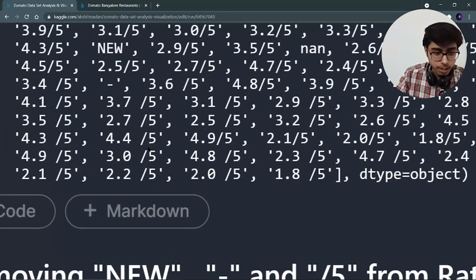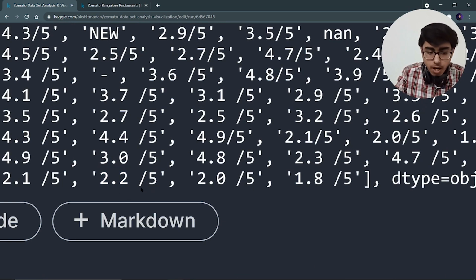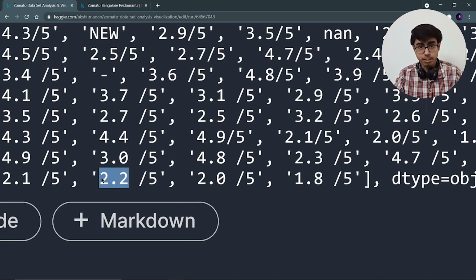So what will happen, let me show you. Let's say this is a value. Now splitting is going to happen at this slash, and a list will be there which will contain two values, that is 2.2 and this 5, right? Now I am only interested in the 0th index of this list, that is 2.2, which is present at index 0. Now this 5 is present at index 1.